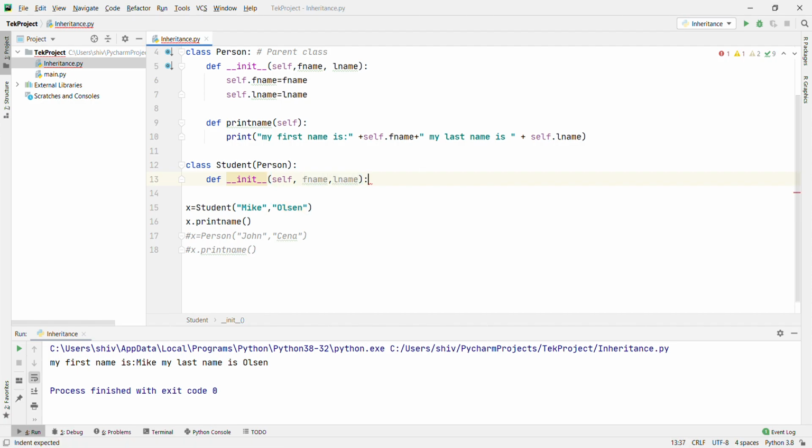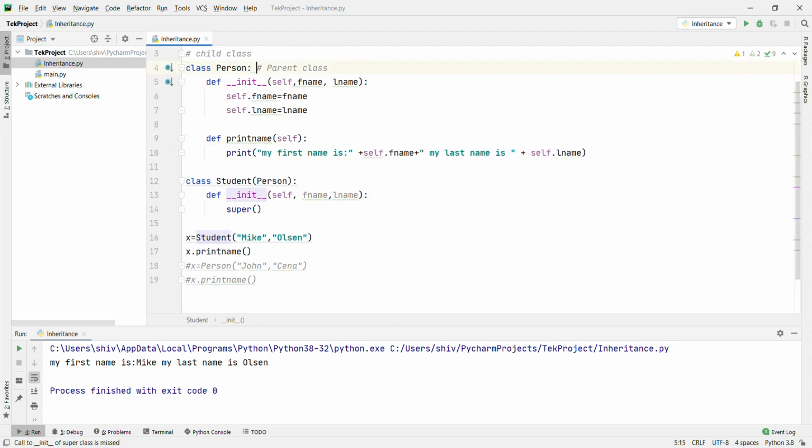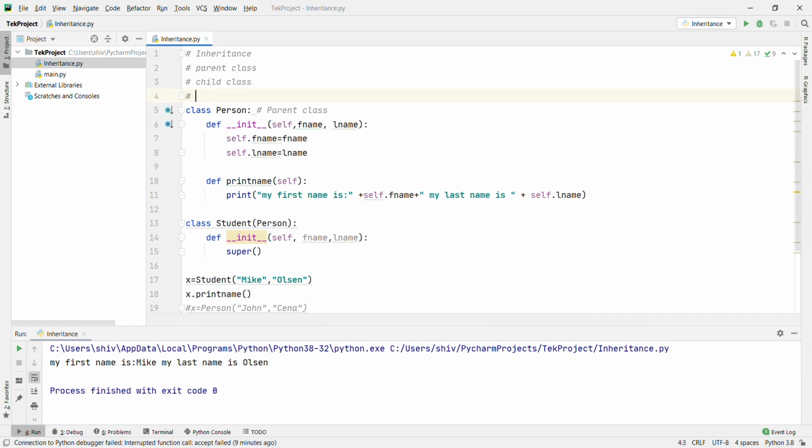Okay, colon, super keyword. Now I'm going to show you the super keyword. Child class super. Okay, and super dot init, self, first name, comma, last name.